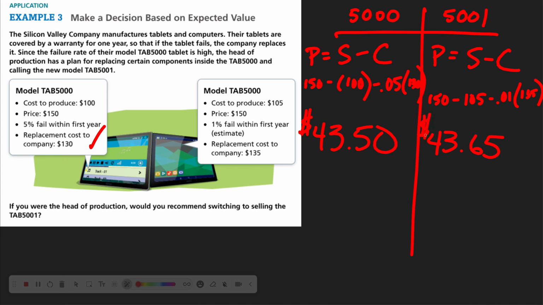43.65. Okay? So this is our average profit. So which one should we recommend creating or producing from here on out? The 5,001. 15 cents per machine may not sound like a big deal, but if you sell these to schools,